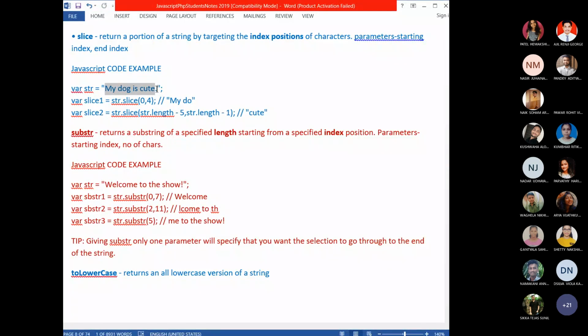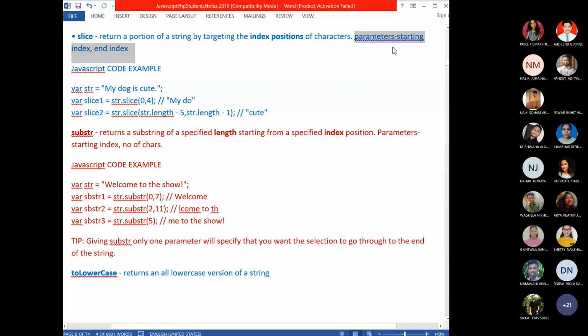So it is used to pick what? A portion of a string, or substring, in a given string object. What parameters will you use? You will use two parameters. Both are indices. The first one is the starting index of the character, and the second is the index of the end character.